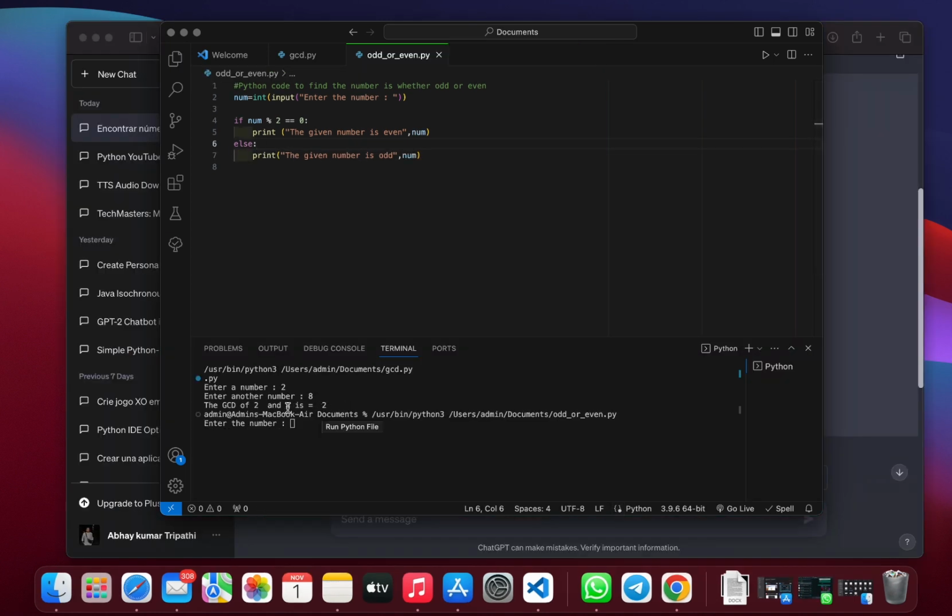Enter the required input to run the program and then you are going to get the output. For me it's